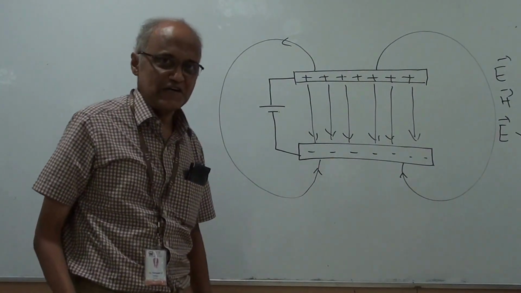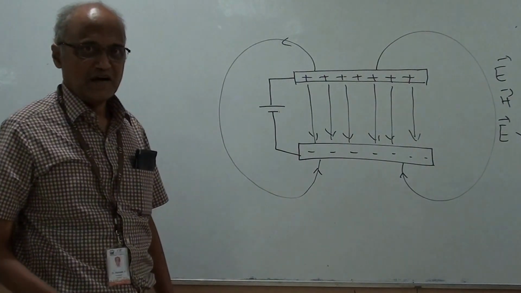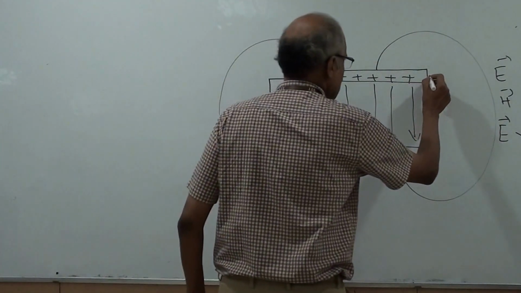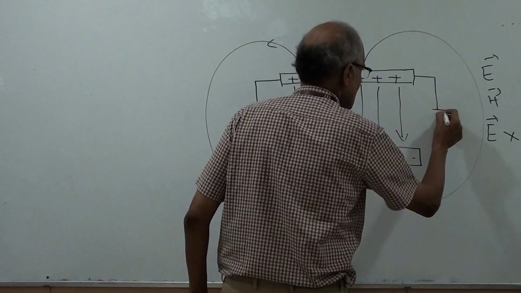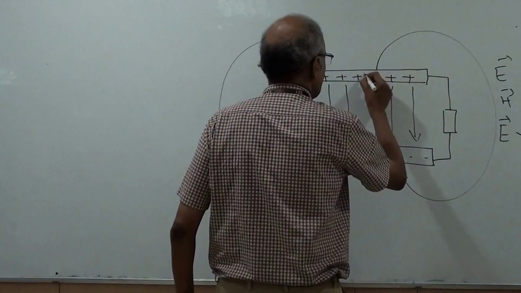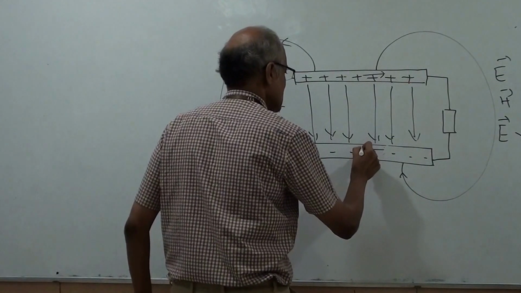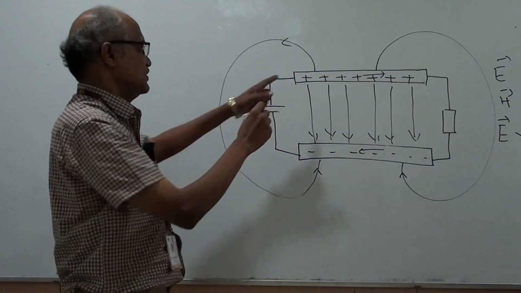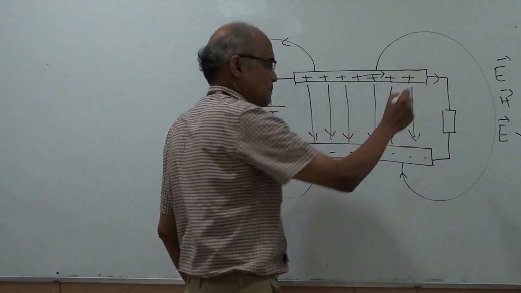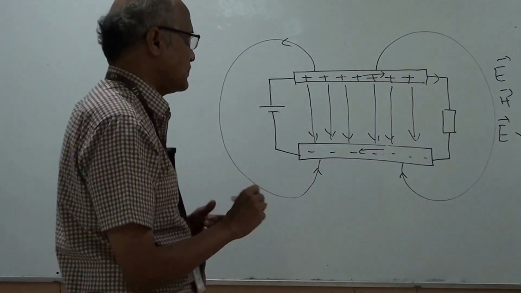How do you get a magnetic field? A magnetic field is created when there is a current, and the current will come only if you apply a load. So let us apply a resistive load. Now current starts flowing through the circuit. It flows from left to right in the top and right to left in the bottom conductor, and it flows to the load. When the current starts flowing, you know from the theory of magnetism that a magnetic field